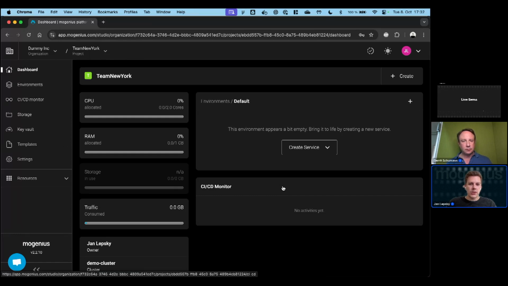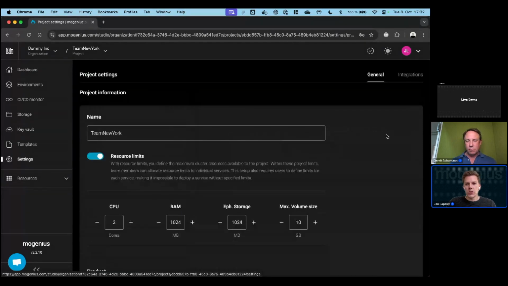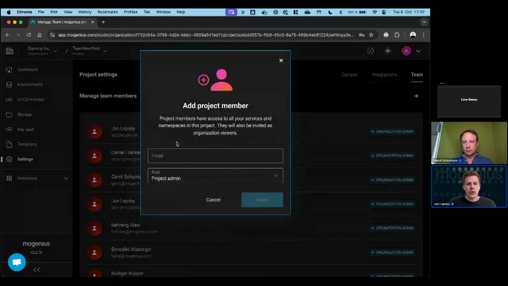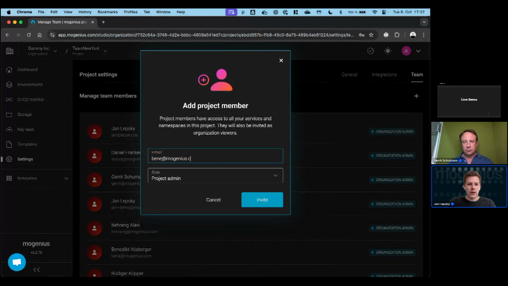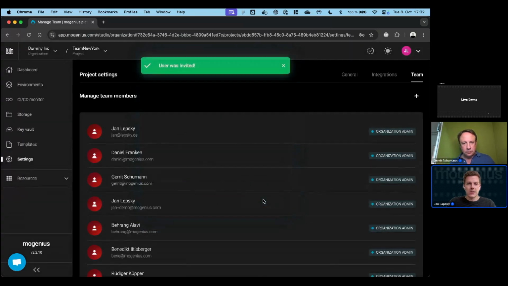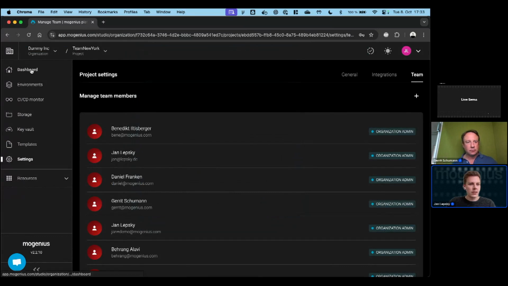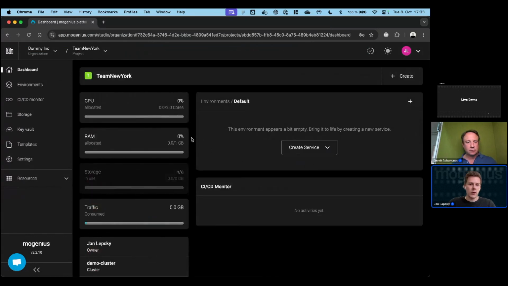Now, imagine as an admin, we connected our cluster, we created the project, and now we invited someone to this project. So let's say I went over here and invited Bene to collaborate, and he would now be, for example, a senior engineer on the team that should take care of onboarding the rest of the development team. Once they are invited, this is what the team gets. So I'm now switching perspectives to actually the development team,